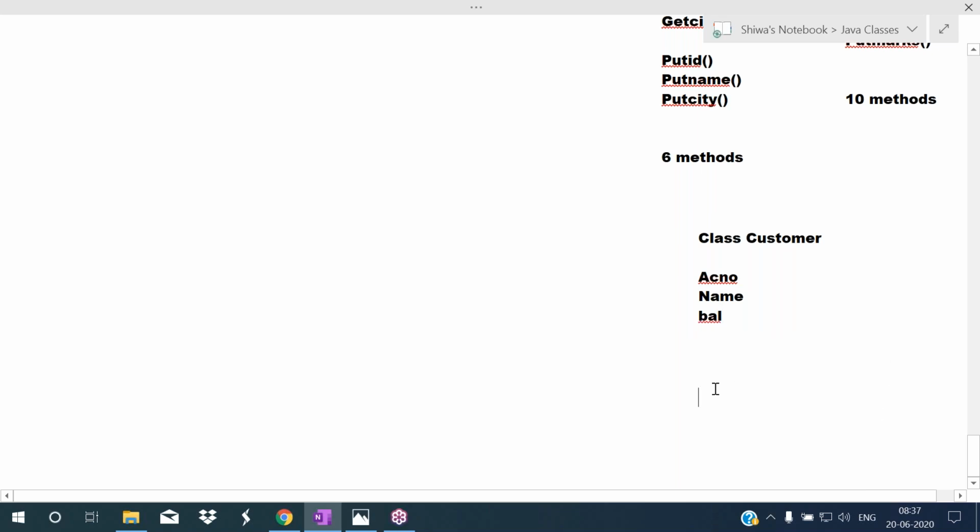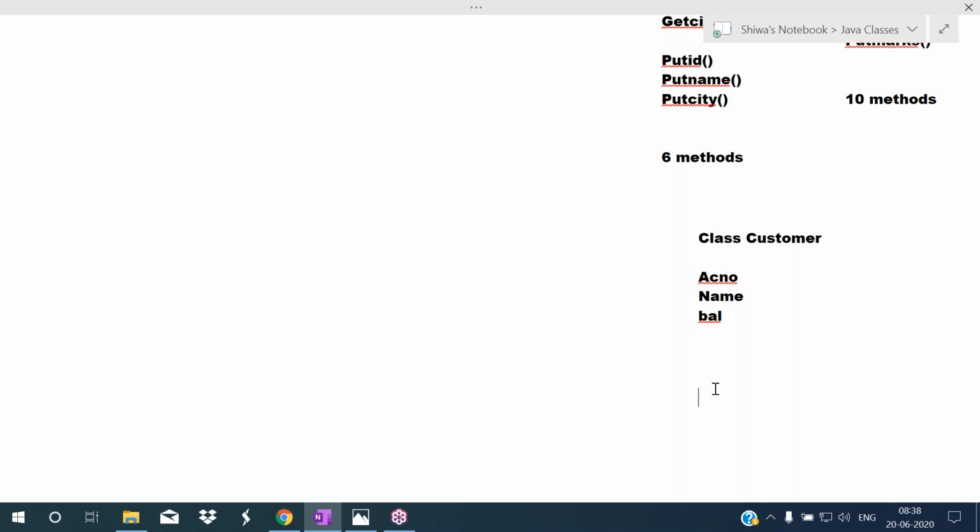This class customer is already developed. A software company developed the software and gave it to the bank. Now the bank is using that software. After some years, the bank wants to add 2 more properties. Assume this bank was established in the 1990s and used this software then.